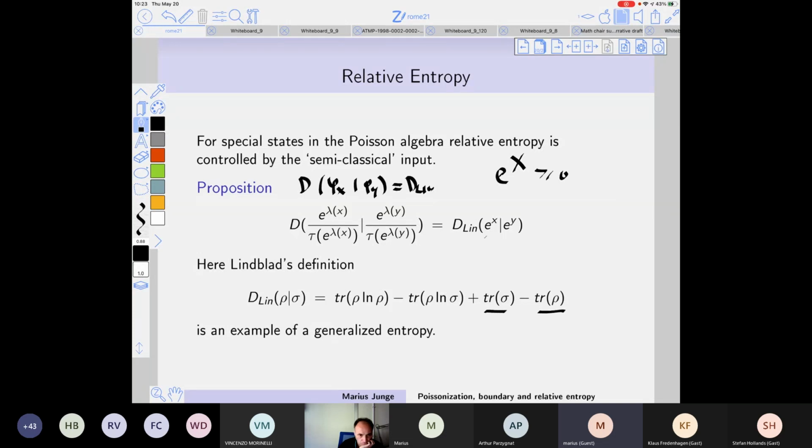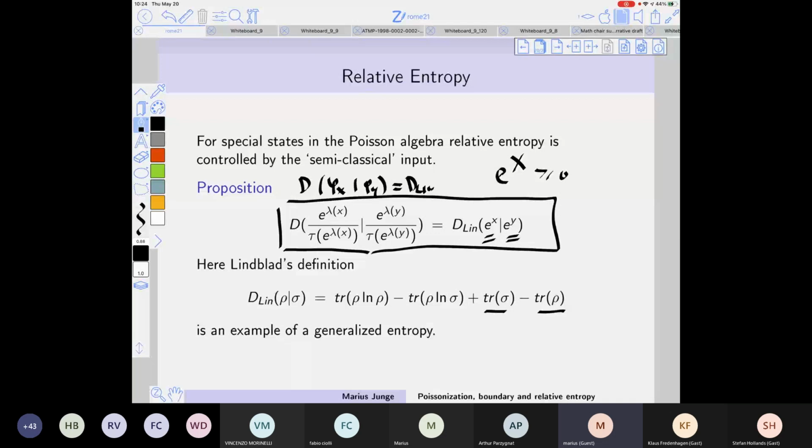This is simply because these are not normalized. E to the x, e to the y, they are not normalized. For non-normalized states, you have to do this. So the Poisson process already produces this kind of automatic translation of calculating the relative entropy for certain states by calculating the Lindblad entropy for their symbols. And I think similar formulas have been used extensively in the work of Longo to calculate specific relative entropies with respect to a reference state.